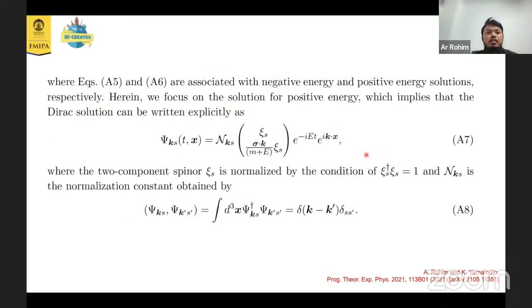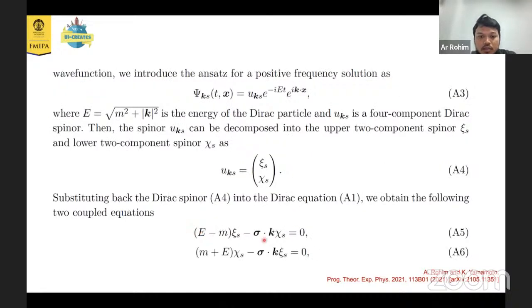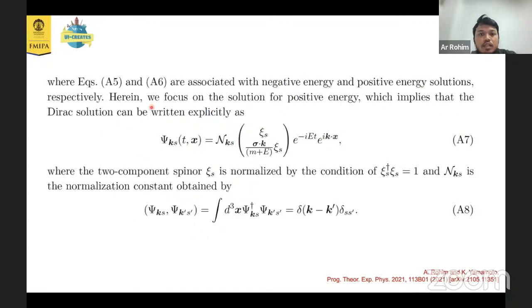Okay, then here A5 and A6 are associated with the negative energy and positive energy solutions. So this one is associated with negative energy, and this one is associated with the positive energy solution. And then in the present discussions we will focus on the solution for positive energy only,